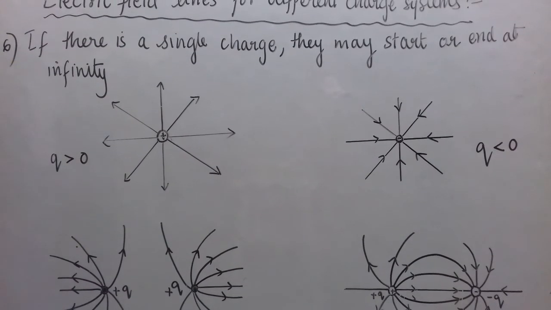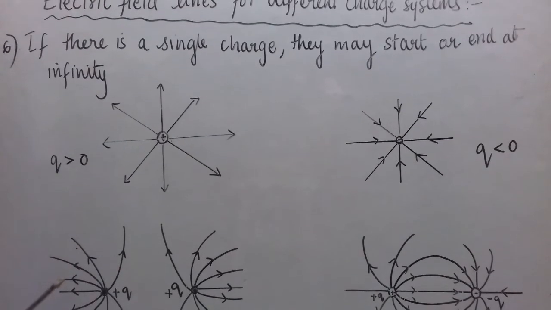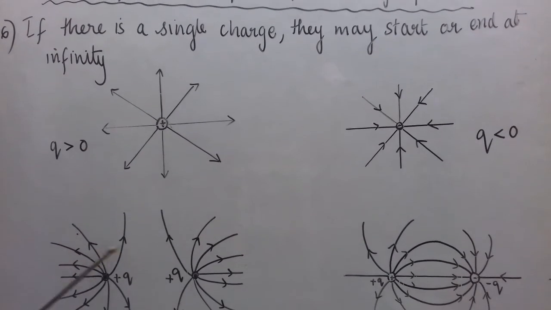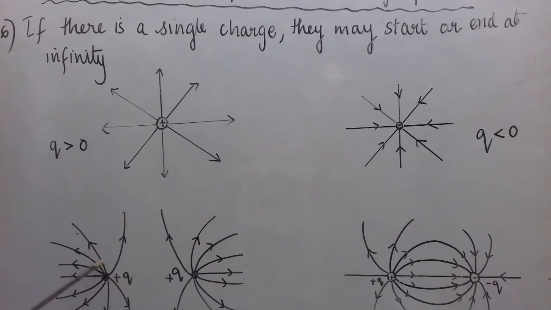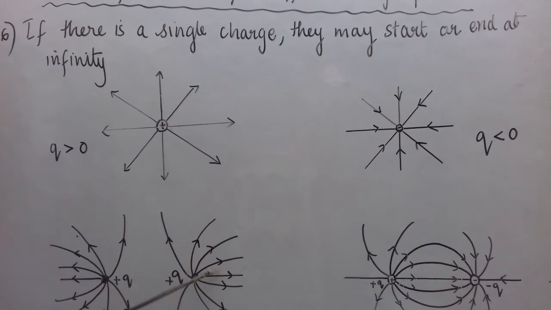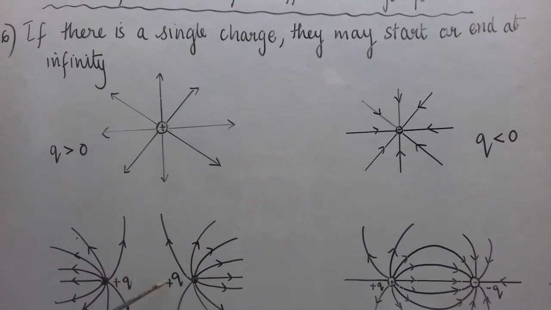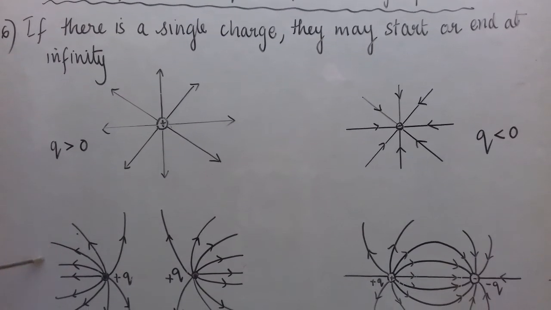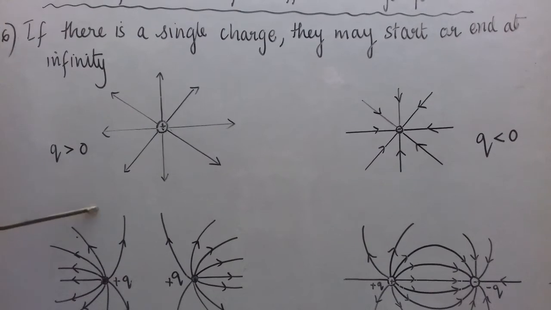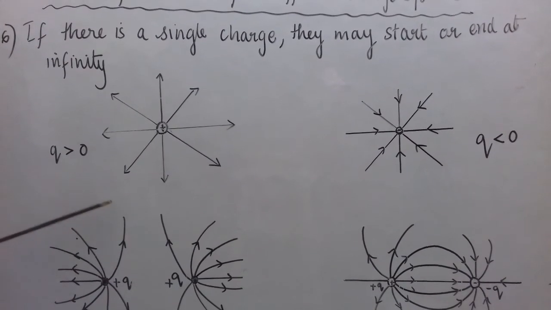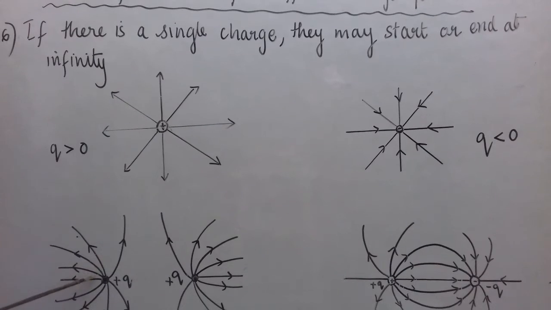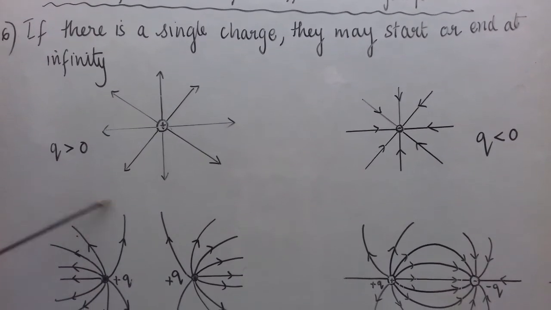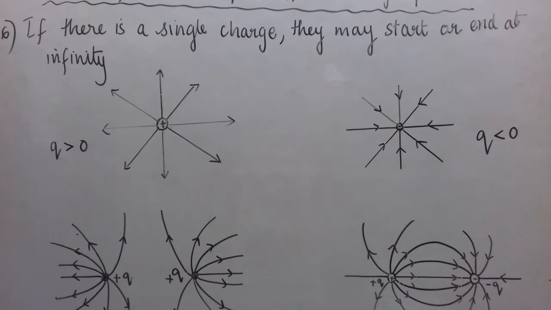Then we have also studied that wherever these lines are closer, see in this region for this diagram, this is the region where the lines are very close. So here we can say the field is very strong, not on the right hand side or the left hand side of this charge. On this side the field is very strong, and as we move away from the charge, see the spacing between the lines is increasing. So they are going further apart. It means the field is becoming weaker. So wherever the lines are closer, the electric field is stronger. Where they are farther apart, the field is weaker.